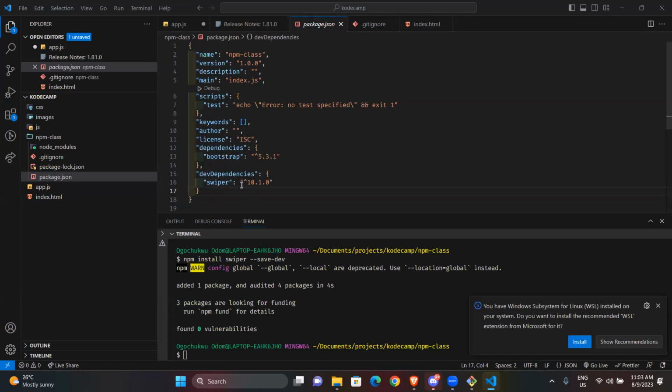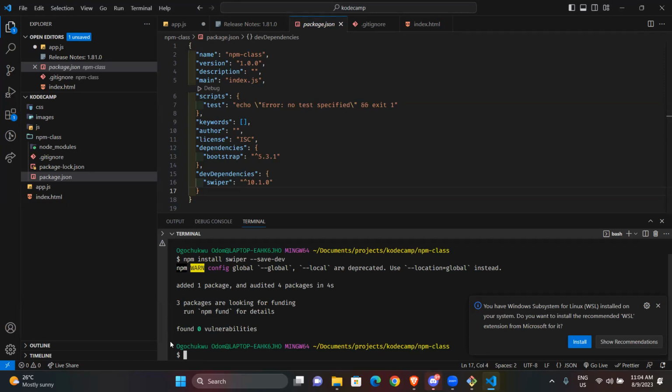So if you do not need them as a major dependency, you can put them as a dev dependency. If you just need it when you're running, let's say, for instance, Nodemon.